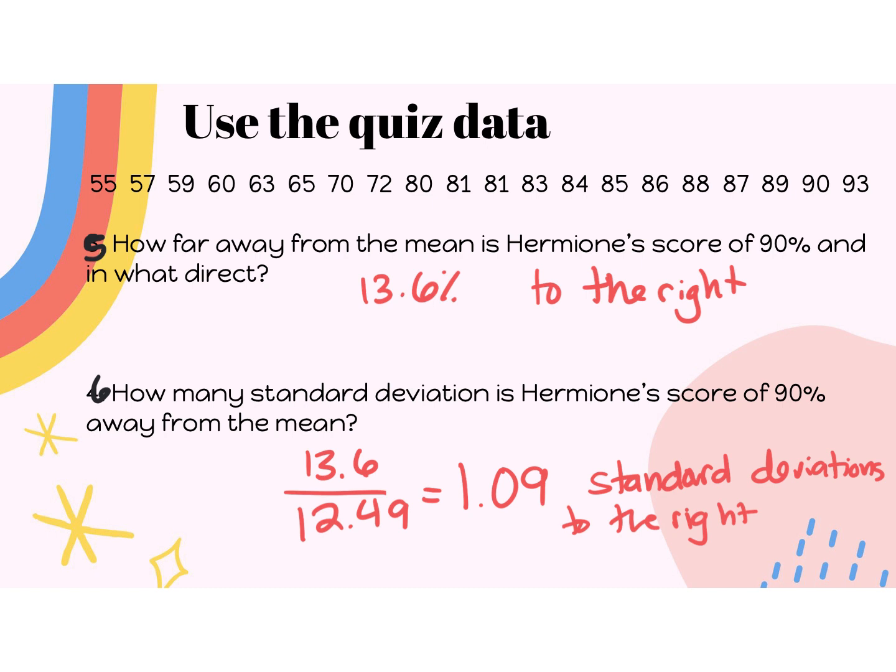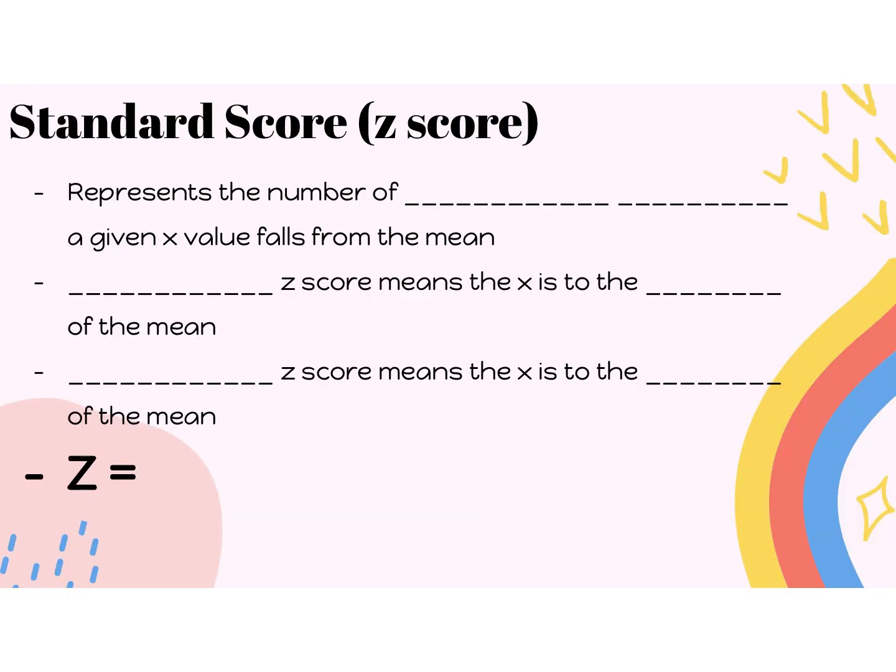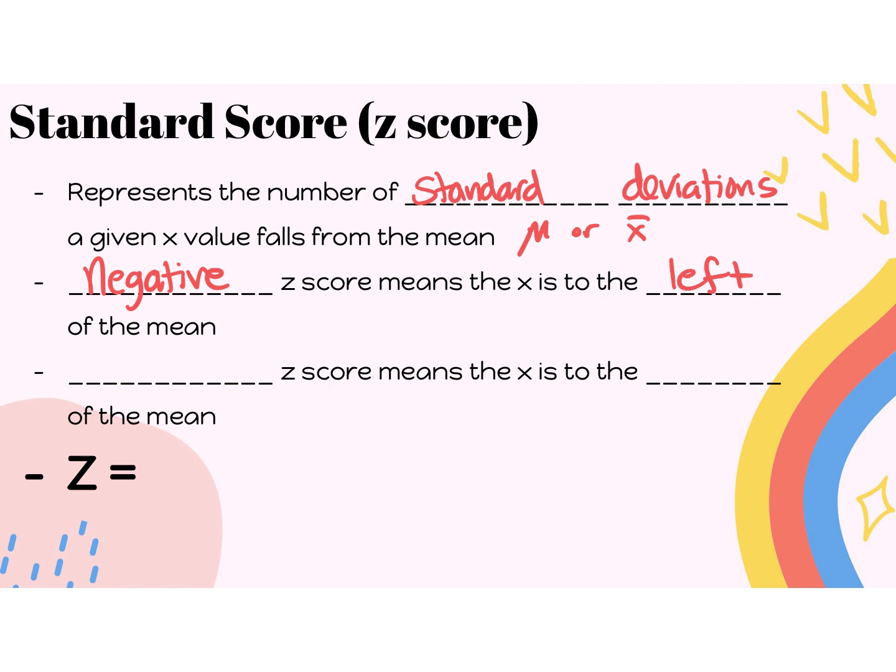So when we put it into this perspective of how many standard deviations away from the mean we are, we call it our standard score, our z-score. The z-score represents the number of standard deviations a given x value falls from the mean, which is either mu or x bar. A negative z-score means the x is to the left or below the mean,